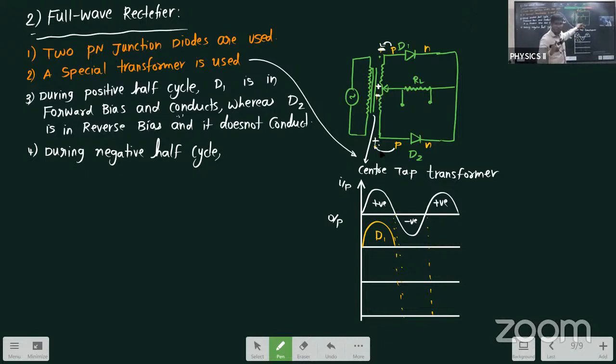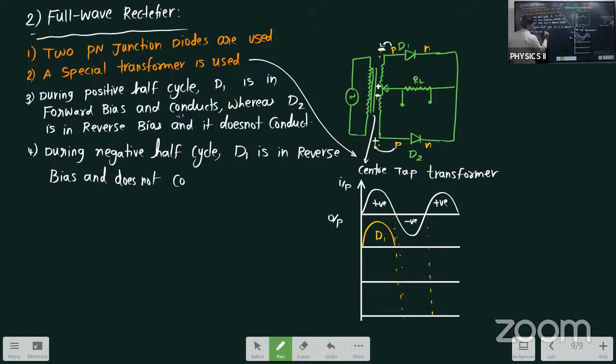and D2 will behave like a forward bias. Whether the current will be conducted in D1? No current is conducted by the D1 diode, whereas current is conducted using the D2 diode. So see here, what is the next one I can write? During the negative half cycle, D1 is in reverse bias and does not conduct,